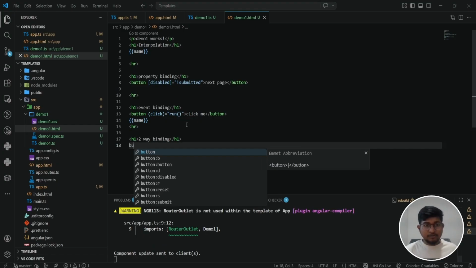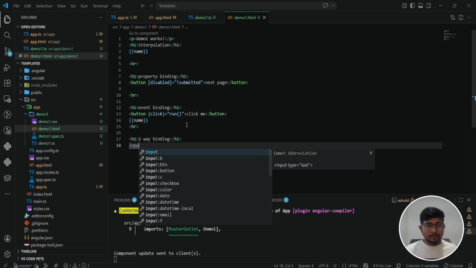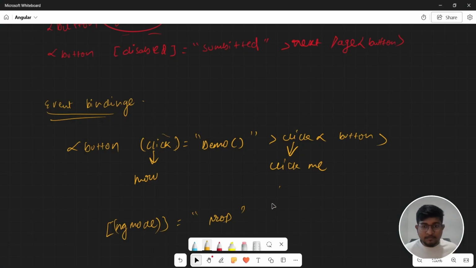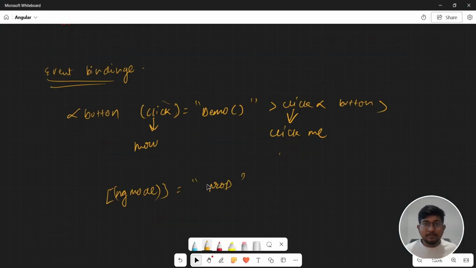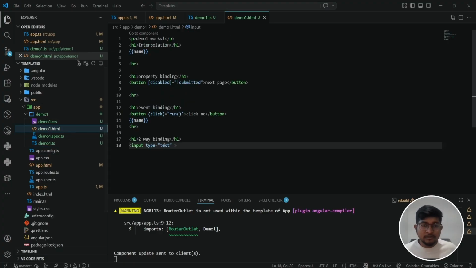The two-way binding. Inside two-way binding, what we're going to do here is create an input. Inside this property, we'll put a variable name which is present in your ts file. In the ts file, we'll create a variable name. Let's keep it name itself. We have already named, so here we'll define